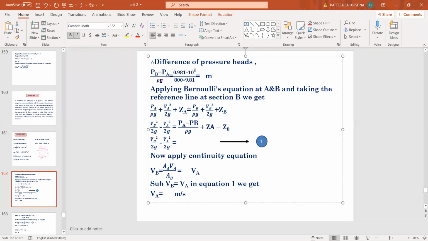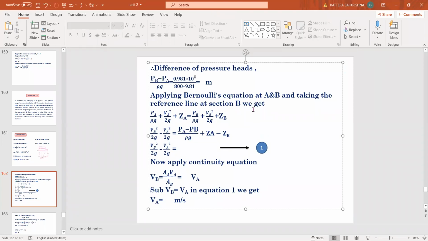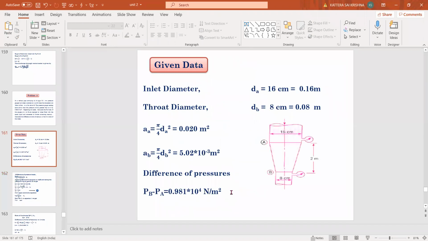Here, what is the density? Which type of fluid is flowing here? Oil is flowing. So first we need to calculate the density also in the given data. So density is equal to 0.8 into 1000, 800. Please write down the term in the given data. Right here, the specific gravity of oil is 0.8. So density of oil, rho, equal to 800 kg per meter cube. Please write in the given data.